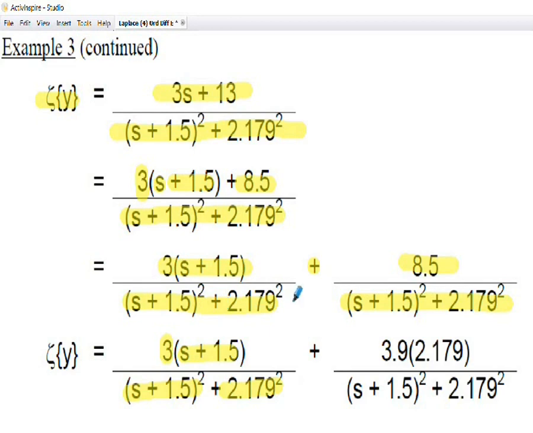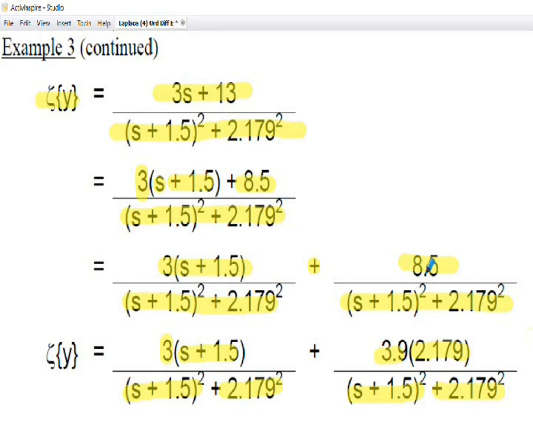But on the right hand side, I need to have an omega over an s plus a all squared plus an omega squared term. So I can't leave the 8.5 as it is. I need a 2.179 omega on the top to match with the 2.179 omega squared on the bottom. So looking at my number work there, if I divide 8.5 by 2.179, I will get 3.9. So 3.9 times the 2.179 will give me roughly 8.5. So I've not affected the actual question. The question is still the same. But again, I've tried to make this in the form of an omega over an s plus a all squared plus omega squared. Again, I would encourage you to go back to that slide and have a look from the beginning of how we've